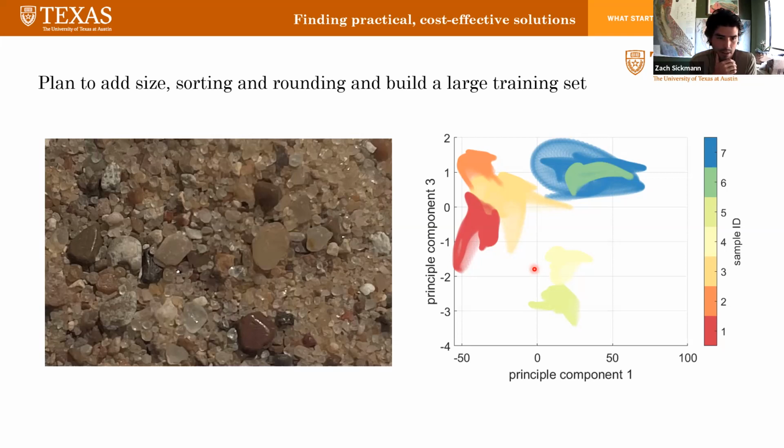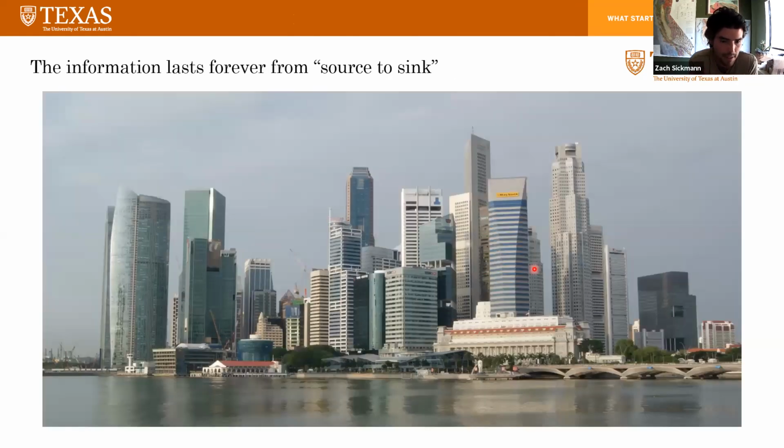And then samples that have some cause for concern can be interrogated in more detail. But it seems like this image analysis scheme is going to provide at least a useful initial discrimination tool and a tiered system of suspicion, so to speak. And the really powerful thing about using the composition of sand to track supply chains is that the information lasts forever. So this is a picture of the skyline in Singapore, and all of the concrete in